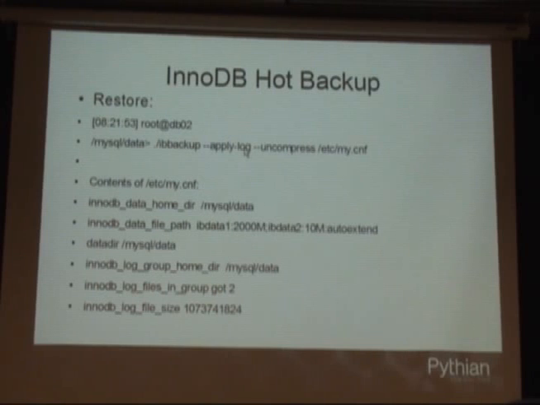So how InnoDB hot backup works is, it looks at the InnoDB log. It looks at the log position and the transaction position within InnoDB. If you've ever looked at SHOW INNODB STATUS, you'll see that it has transaction points and checkpoints and things like that. So it looks in InnoDB to see where it is in that: what transactions are finished, what transactions are started, and what number am I on in the transactions. And it records that, and it saves all of the logs that happen between